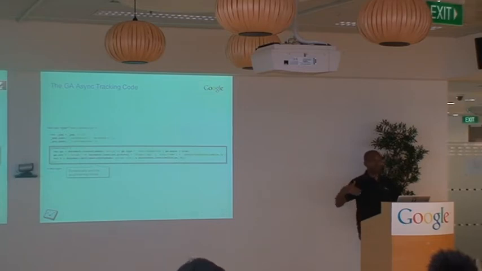The problem before, with our old urchin.js code, was that you had to manually specify HTTPS when you're on a secure page. A lot of people would forget that. So when the page was loading and the browser had to load ga.js and pull it from a non-secure server, the browser would pop up a warning saying you're downloading a resource from a non-secure server, which used to scare a lot of people. But you don't have to worry about that anymore.